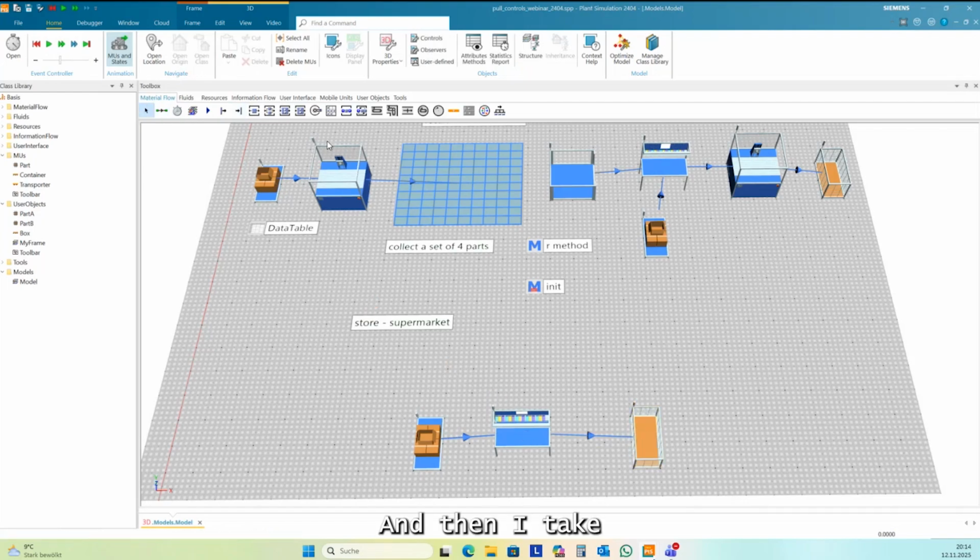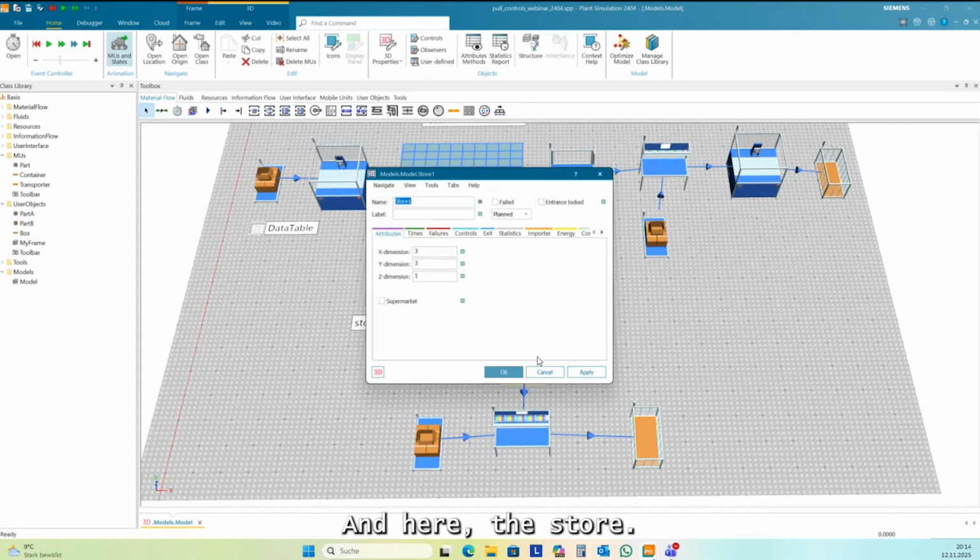And then I take the store and connect this with the assembly station. And here the store, I don't know which version, I guess 16 something. Before, Plant Simulation had some Kanban elements, a library for Kanban.